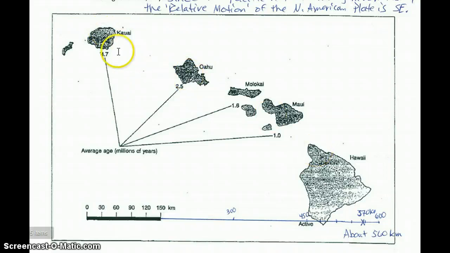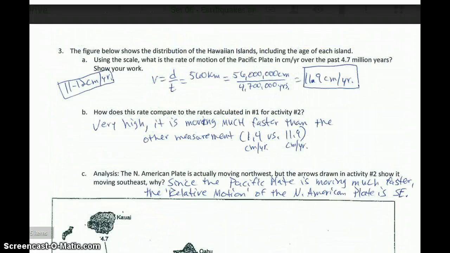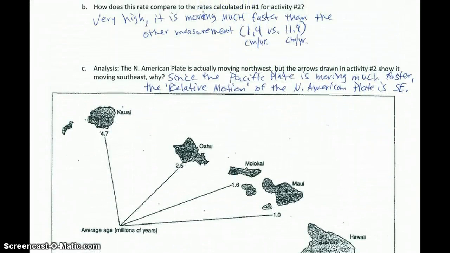Notice that if I measure from this edge right here, the leading edge of Kauai, to the lagging edge of the big island of Hawaii, I get a distance of 560 kilometers. If I multiply 560 times 100,000 centimeters per kilometer, I get 56 million centimeters divided by 4.7 million years. I get a value of about 11.9 centimeters per year, or about 11 to 12 centimeters per year. That's the rate at which the Pacific plate is moving over the hot spot that is located directly beneath the Pacific plate that leads to the building of the